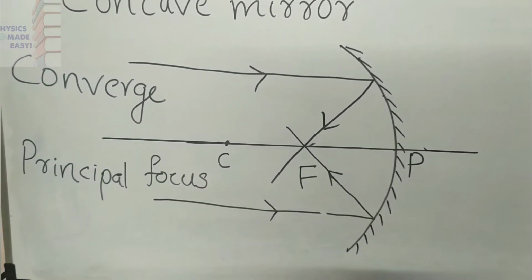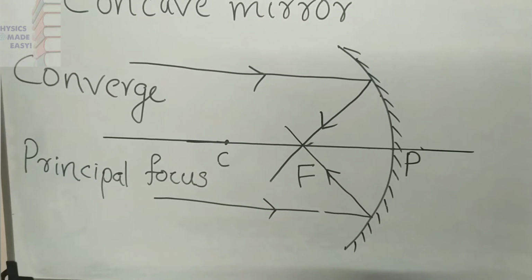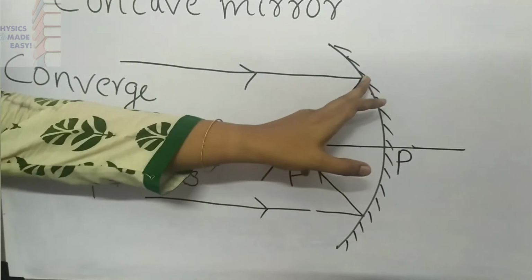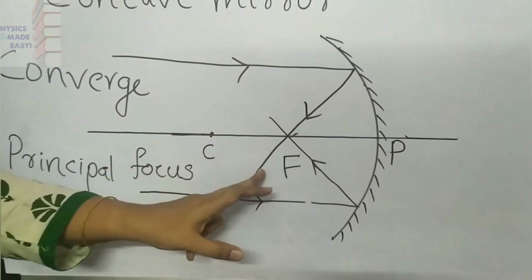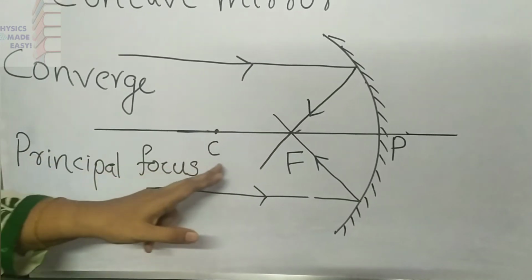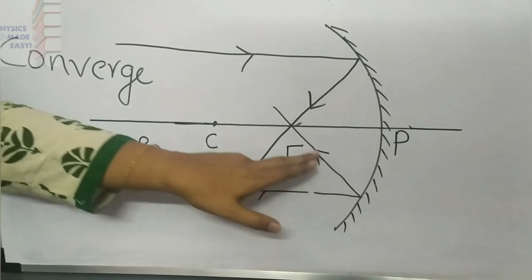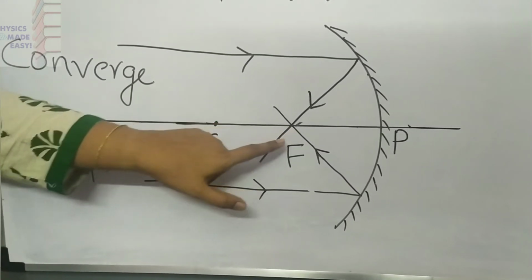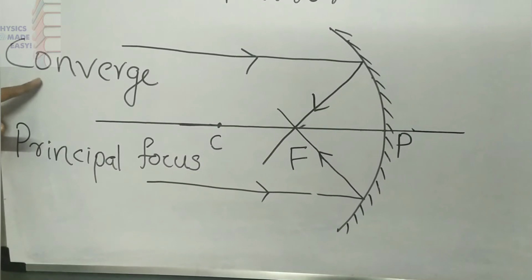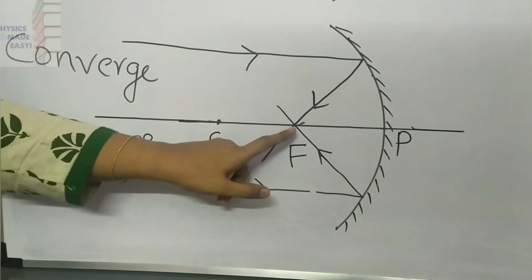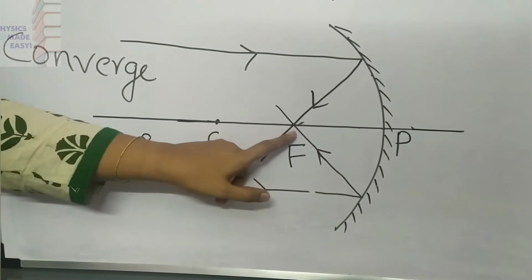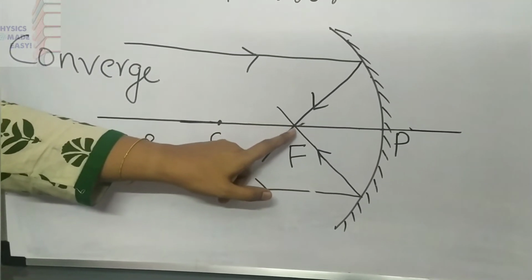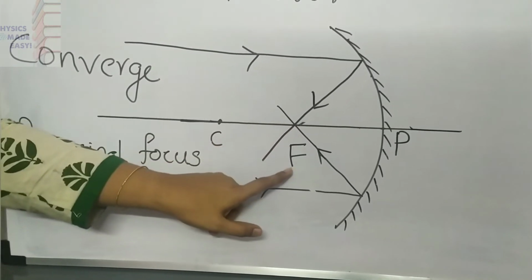Here we are considering an object at infinity, and the two rays which are parallel to the principal axis, after reflection, pass through a point on the principal axis. The ray is passing through the principal focus, and you can see that point is on the principal axis. So we can say the reflected rays are converging at a point. Like that you can focus all the sun rays to a point. Here I use the word focus, and that is what we call this point also. That point is called the focus.